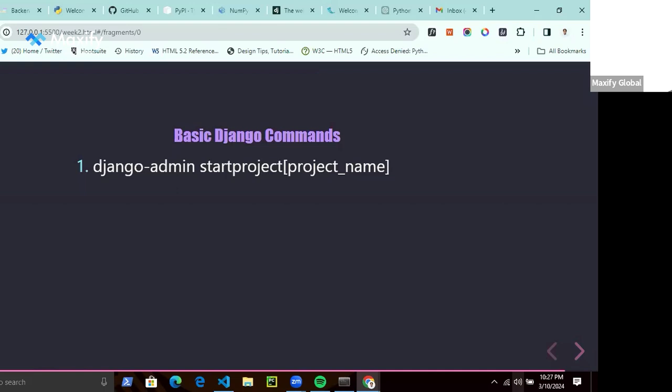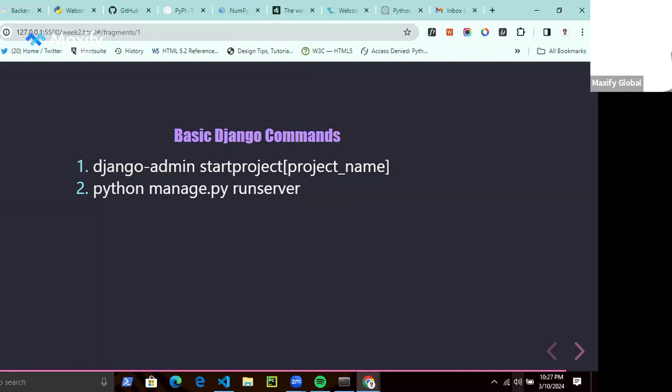Okay, then next is python manage.py runserver. If you want to run your project on your local server, python manage.py runserver is the command you need to enter. You don't need to cram or memorize any of these things. I'm just giving us an overview. As you keep writing Python, as you keep building Python projects, as time goes on, these things begin to stick in your head.